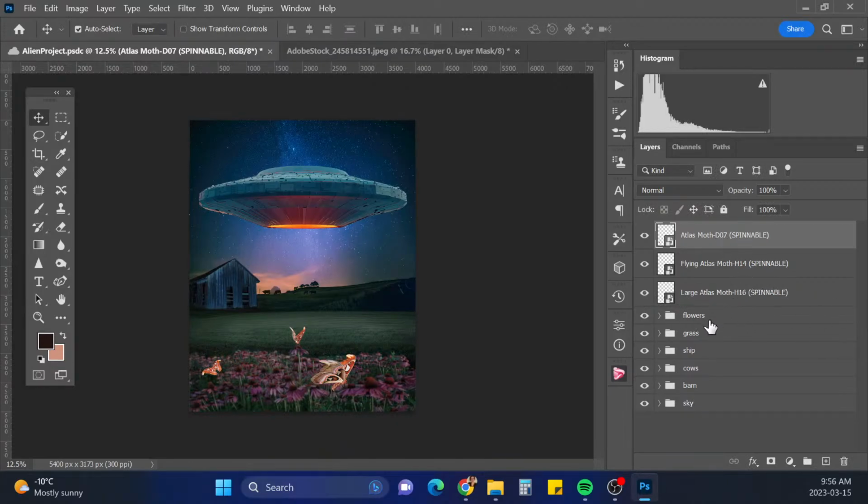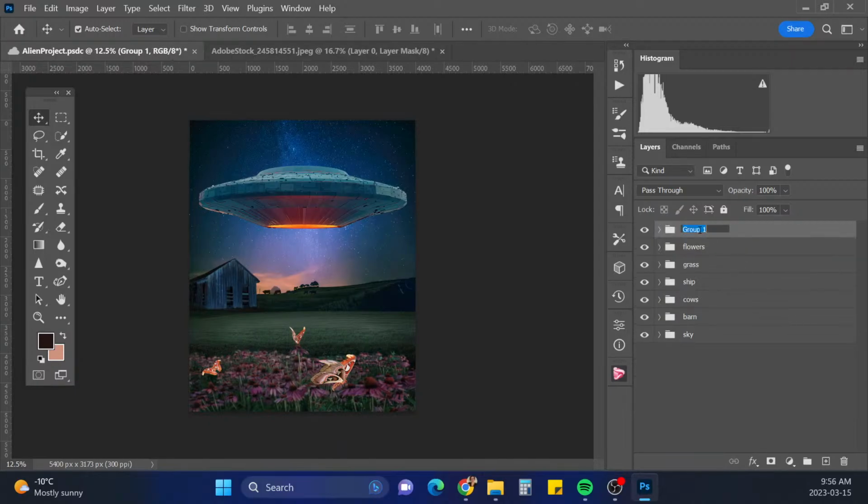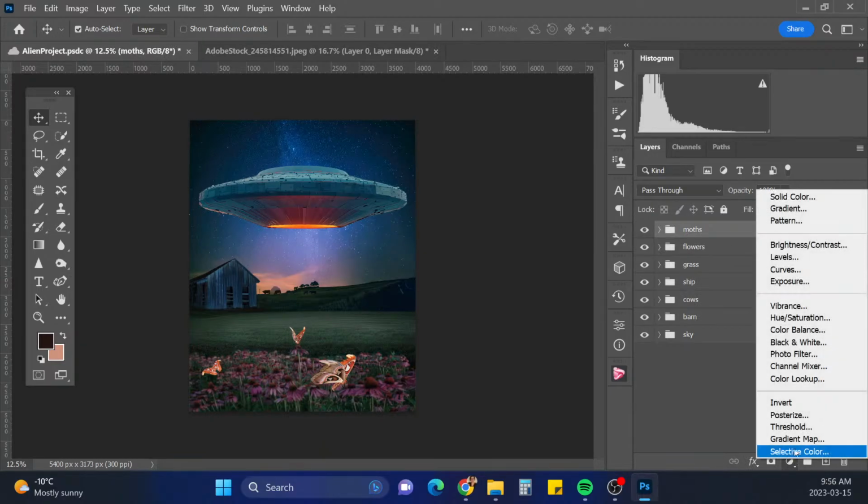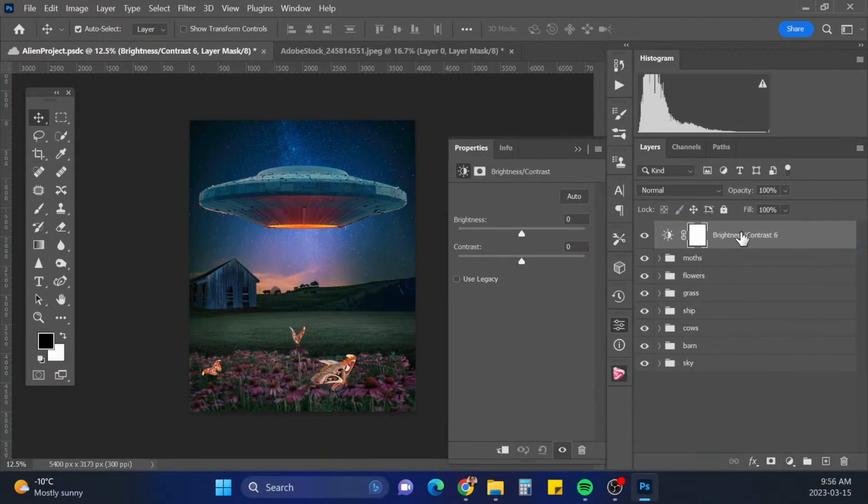Okay, I'm not sure how much more. I probably will put maybe 2 more in here. But I'm gonna group these guys and call those moths. And we're gonna put a brightness and contrast layer over the entire group and just darken them up because it's just throwing me off a little bit.